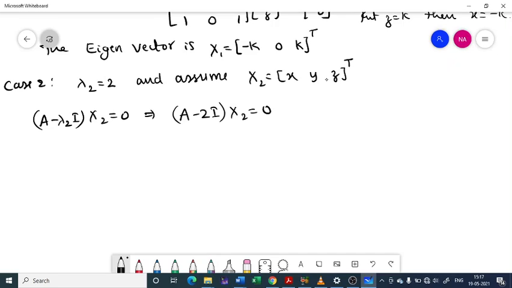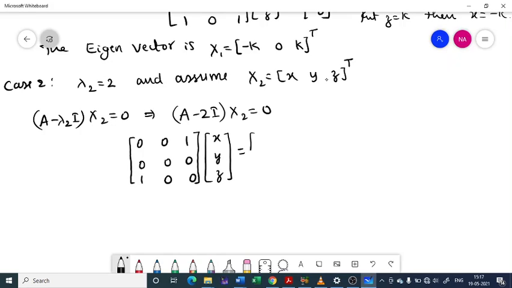Subtract 2 from the diagonal entries of A, so it will be 0 0 1, 0 0 0, 1 0 0. You can check this. After subtracting 2 from the diagonal entries of A, you get this one, into (x, y, z)